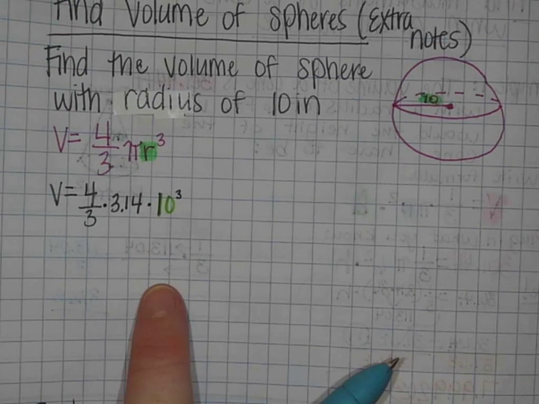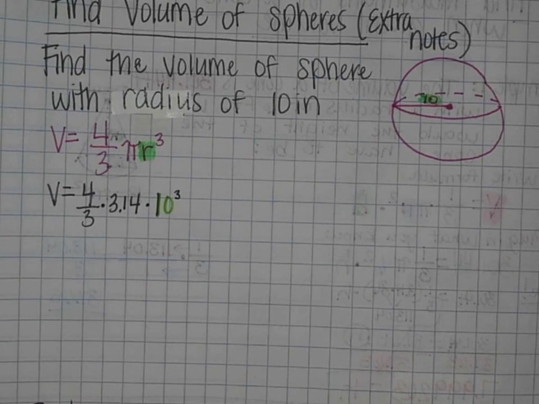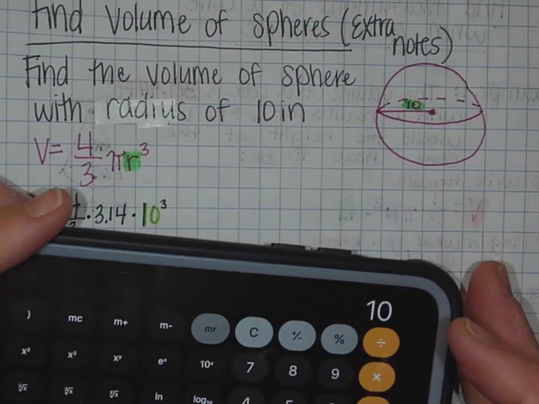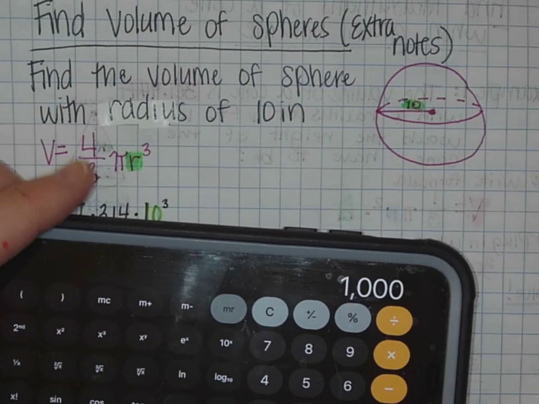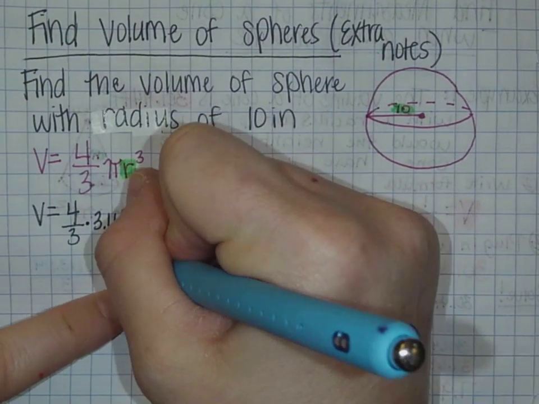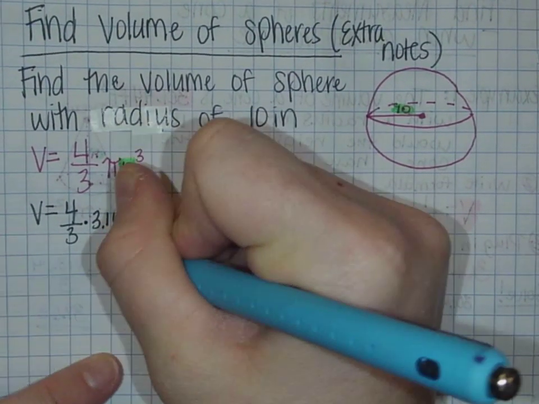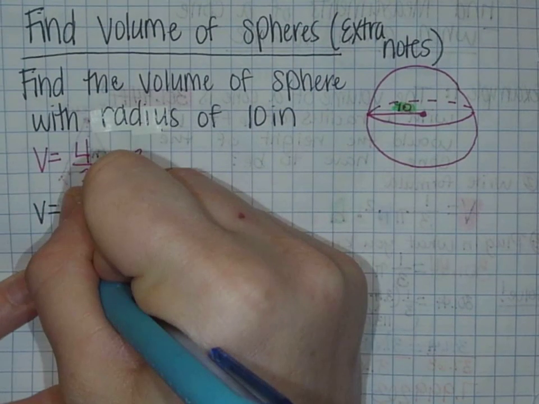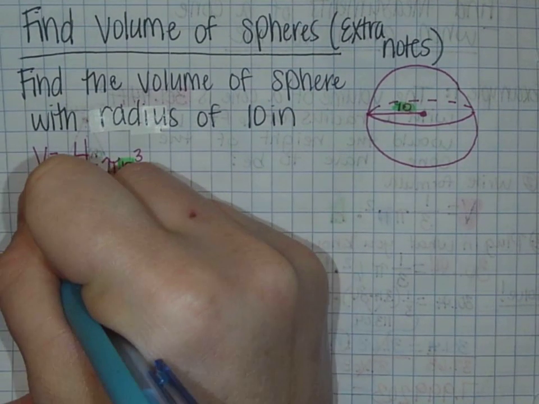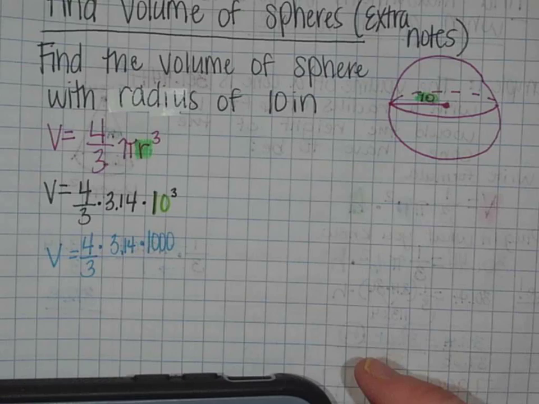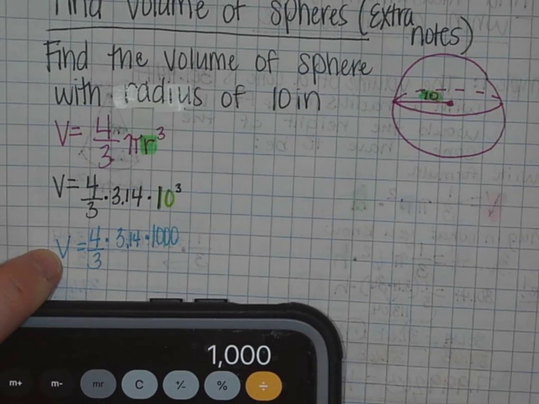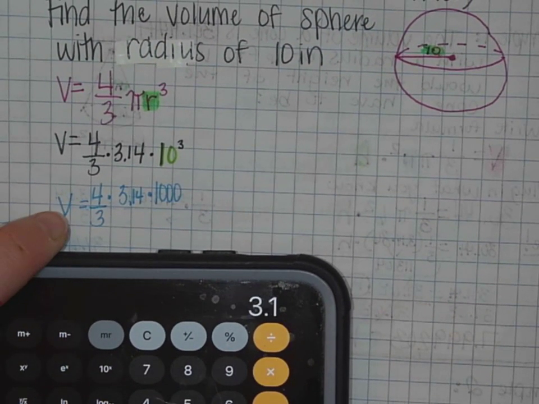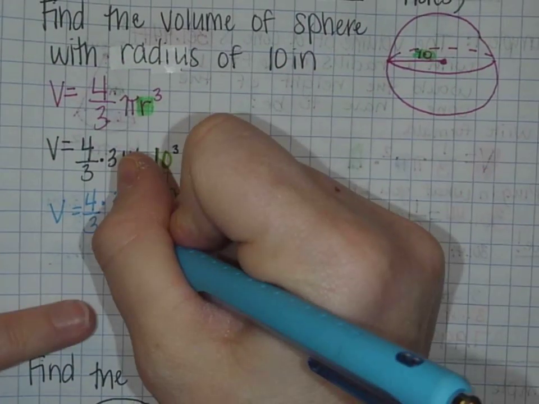Alright, so always do the exponent first. So we're going to do 10 cubed, which is 1,000. So I'm going to have 1,000 times 3.14 times 4/3 equals volume. Again, I like leaving the fraction alone till the end. So I'm going to do 1,000 times 3.14, which gives me